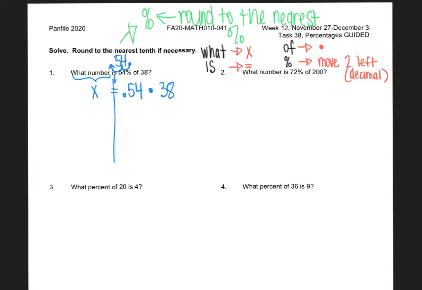Now we throw a line down our equal sign because that's going to separate our left side from our right. And then we say to ourselves, is something attached to the x? If something is attached to the x, then we need to get rid of it by undoing it, meaning doing the opposite. So if it's multiplication, we're going to divide both sides, just like we did with our proportions. However, this one, the x is all alone. So we leave the x all alone, and then this is what we put into our calculator, 0.54 times 38, and we get